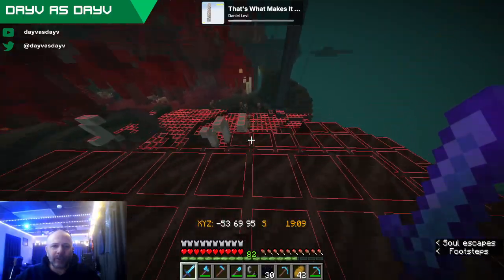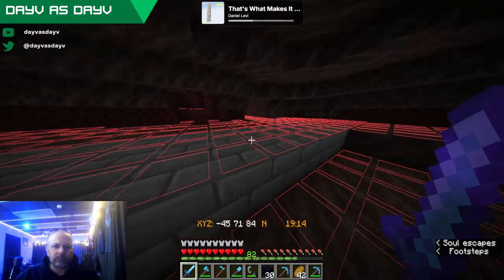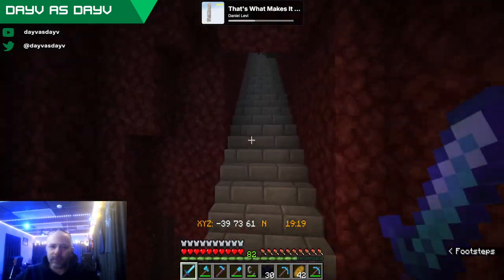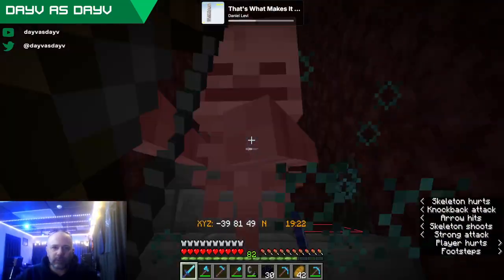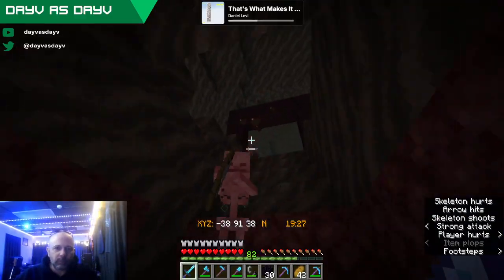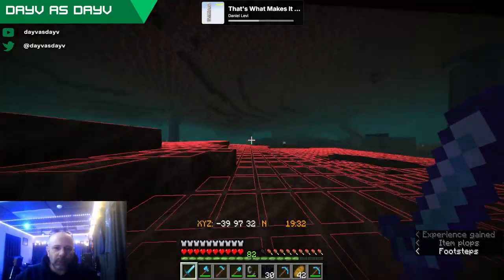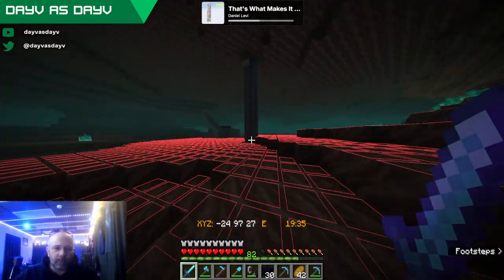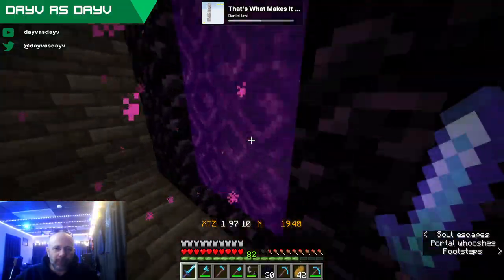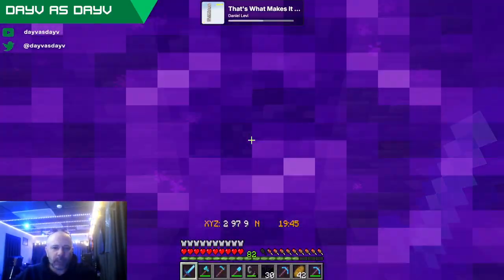Down there. I did not grab my gold. Hold on. Oh man, I have a gold helmet back there to help out with this. Supposed to throw that on before I go through the Nether portal. All right, here we go. I love having this soul suit. Helps a lot.